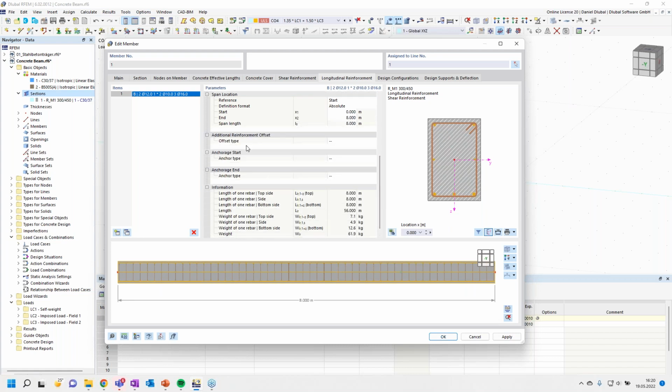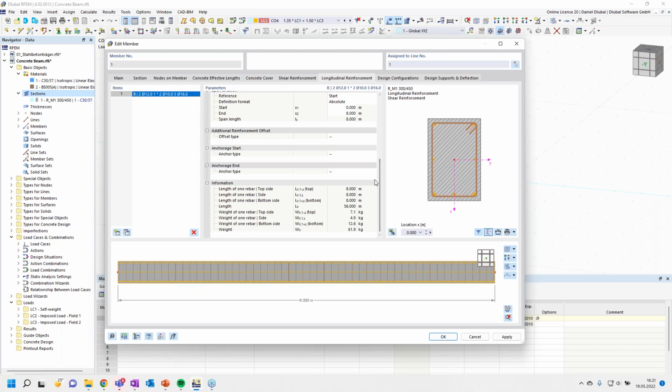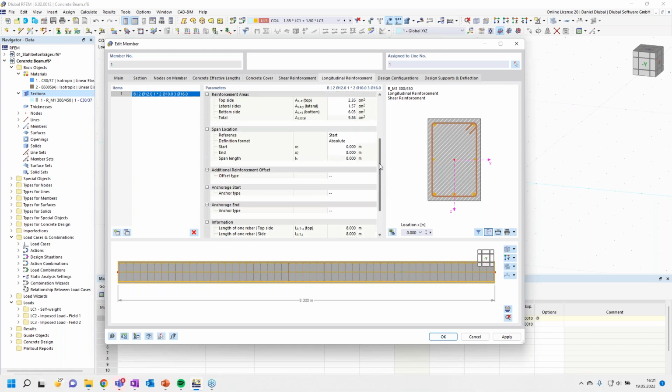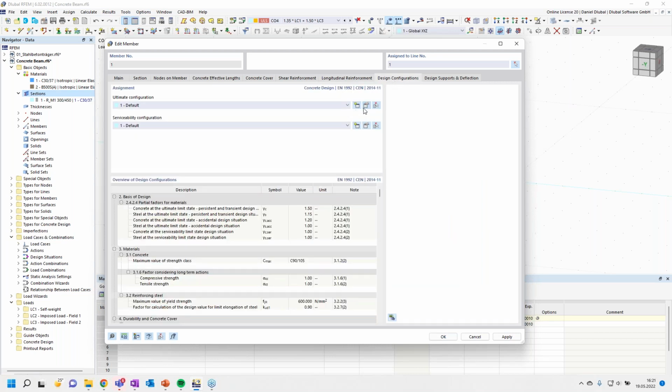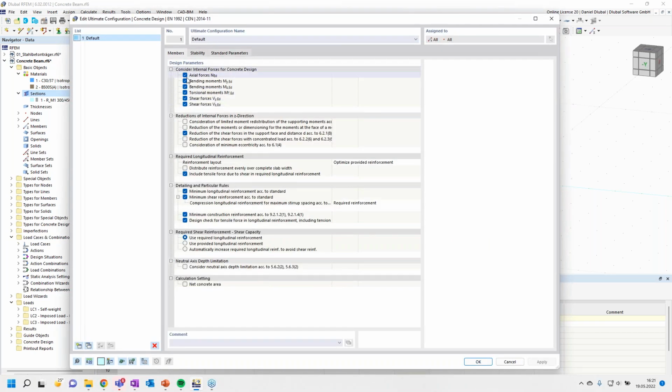And yeah, you can see also here different anchorage types and so on. So if you define this, this will be also considered in the design proof. But for this simple example, we don't need it. Now, design configuration, here you find more information about the different design parameters,